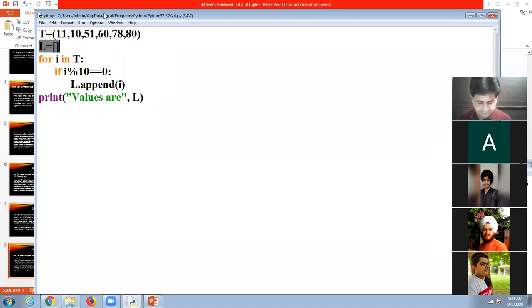Next is, okay, students. With this, all the concepts of a tuple I have already discussed.